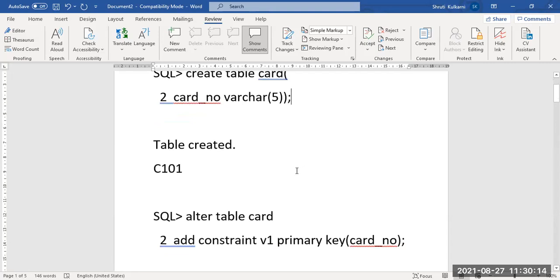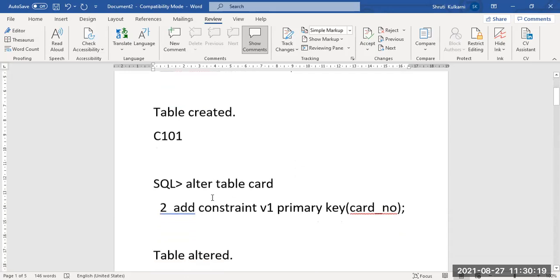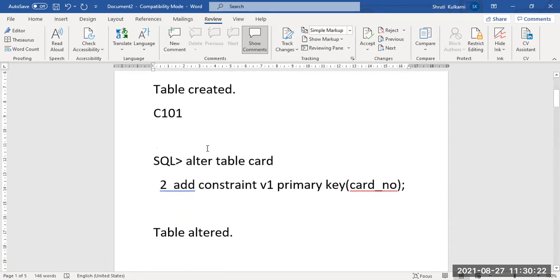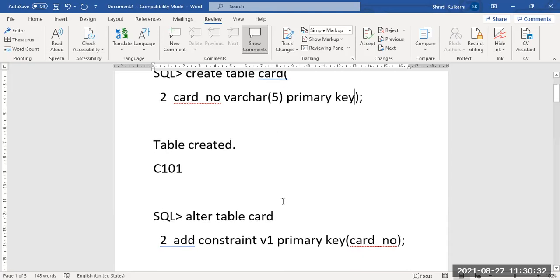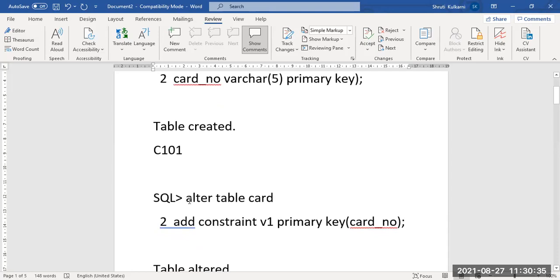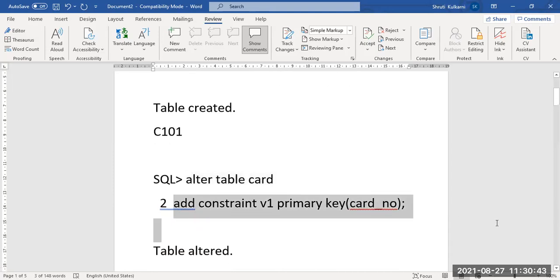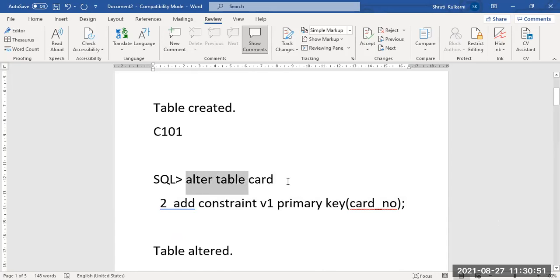While creating the table, I forgot to make the card number the primary key. Immediately, I altered the table. It is not required to alter the table from your side. Here itself, you can mention it as a primary key. No problem. But I had forgotten, so I did not drop the table and create it again. I just used alter table card, and there I added the primary key here. Okay, when you have forgotten to make it, what I do is the statement called alter table card.